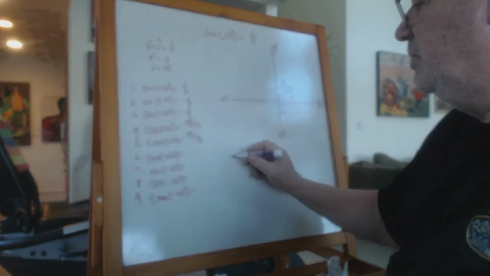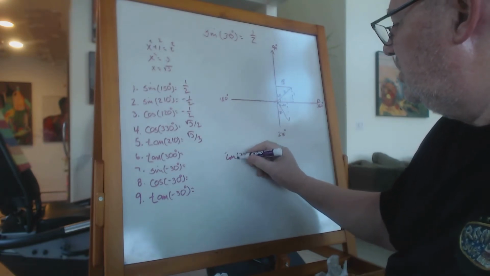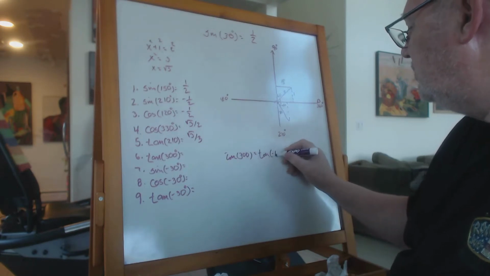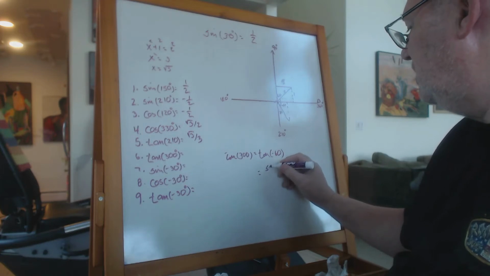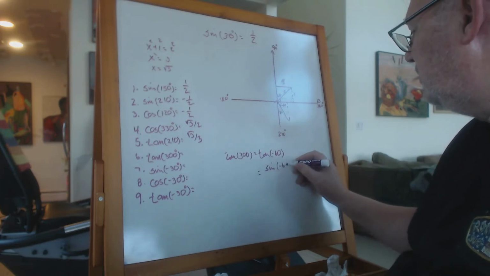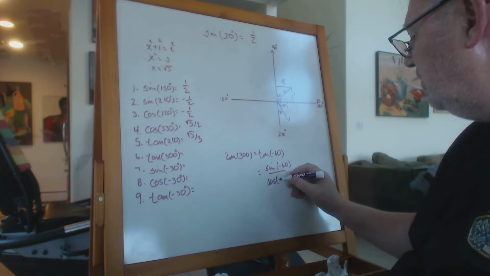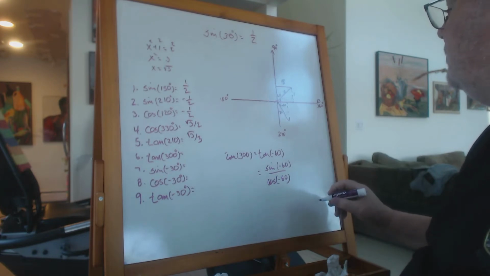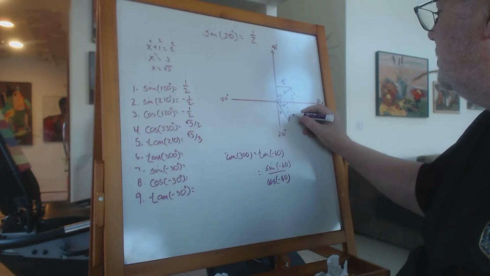Okay, so we want tangent of 300 is equal to the tangent of minus 60, which is equal to the sine of minus 60 over the cosine of minus 60. Well, the sine of minus 60, this is,